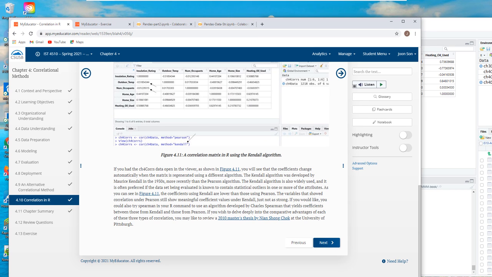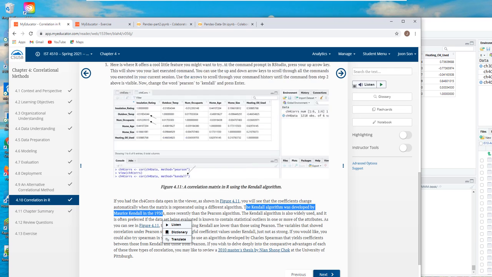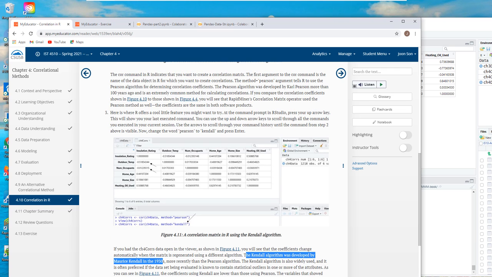Okay, the Kendall algorithm was developed by Maurice Kendall in the 1930s, whereas the Pearson was developed much earlier, like 100 years ago. And it's an extremely common method for calculating the correlation.